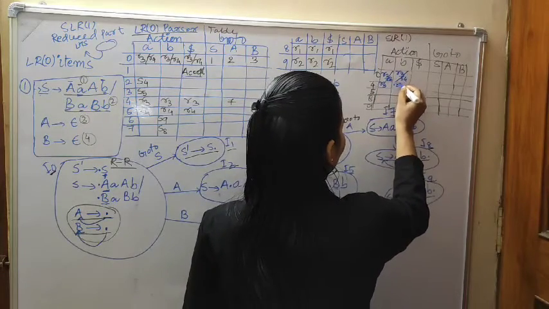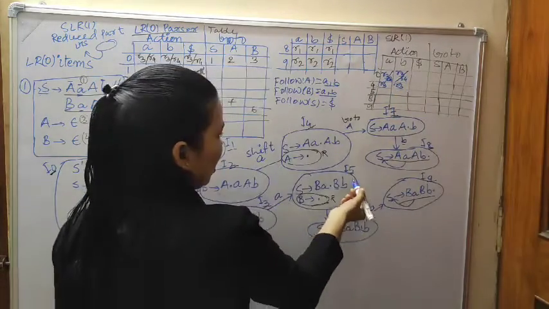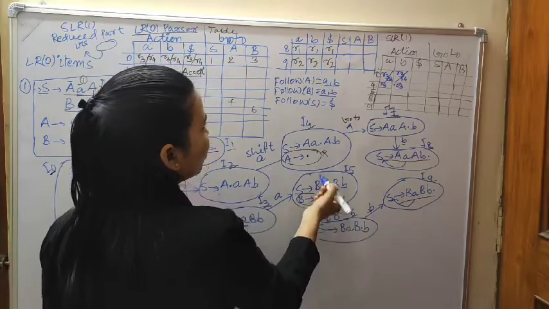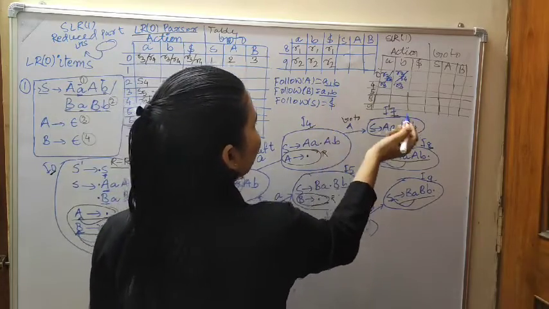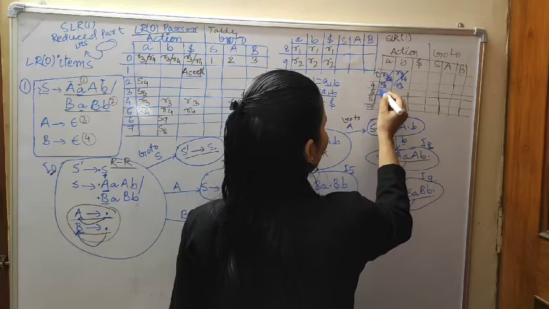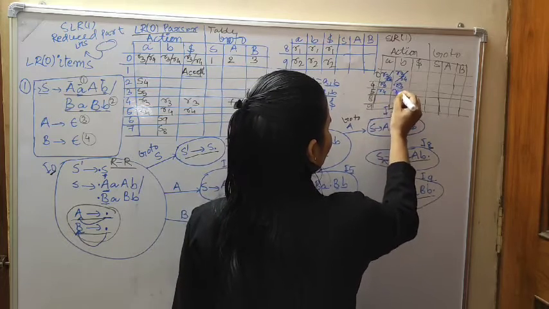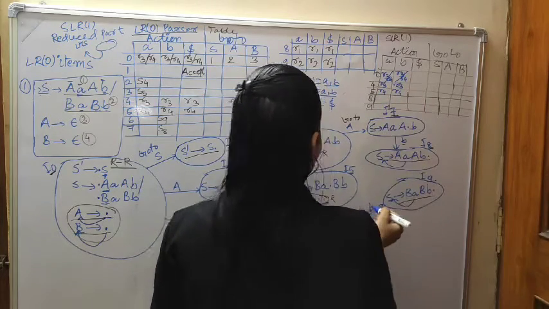R3, R3. Okay. Now state number 5, B2 follow. So what is the A comma B? So at that place we will write production number 4, R4, R4. Now